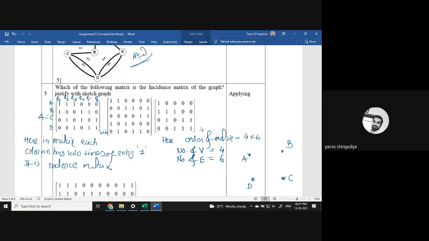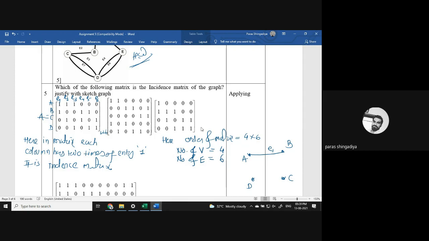Okay. Rows are the 4 vertices and columns are the 6 edges. Now we'll connect them. We consider the entries of each column. You have to use all the columns. The first column is for the first edge, that indicates edge E1. So consider the entry of 1. At which place is 1 mapped? In the first row and in the second row, 1 is mapped. The first row indicates vertex A and the second row indicates vertex B. What does it mean? E1 is mapped between A and B. So connect A and B and call the edge E1.